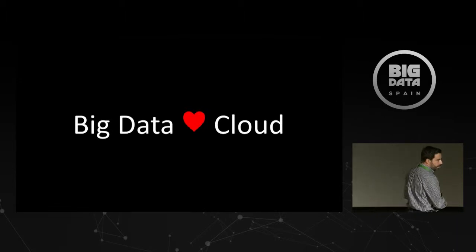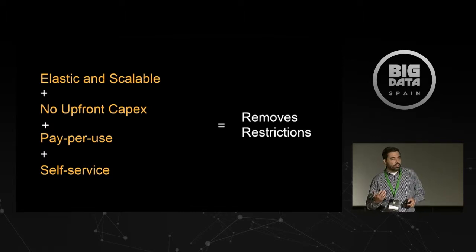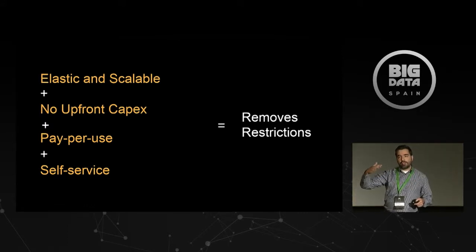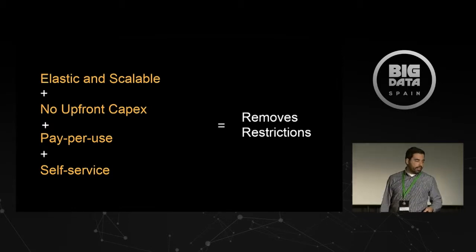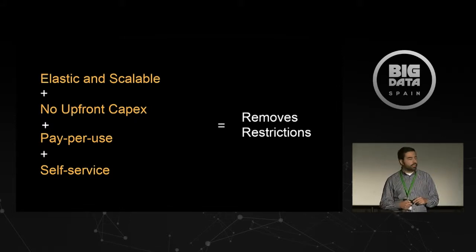And there is some natural affinity between big data and the public cloud. The reason is that AWS offers elastic and scalable infrastructure. This means that you don't have practical constraints. You can launch many different servers. The ability of AWS to aggregate multiple customers on the same infrastructure gives us the ability to practically give you the capacity that you need when you need that. It also comes without any upfront investment. You don't need to guess how many resources you're going to need, how much capacity you will need, and you